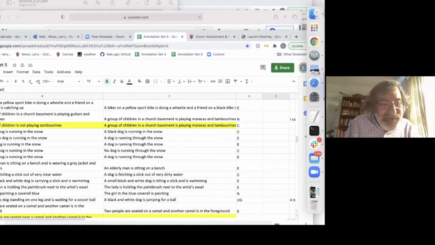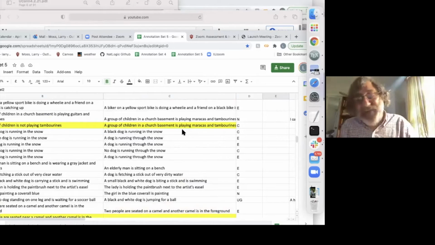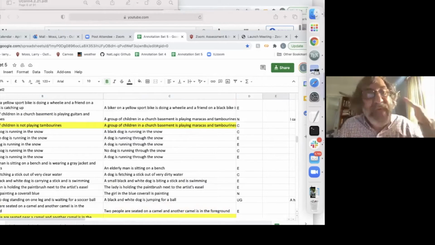So this one here, a group of children is not playing tambourines. A group of children in a church basement is playing maracas and tambourines. So you think about it, okay, so I thought it was a contradiction, but I actually felt that maybe it's worth discussing. So this is the kind of thing that I would like to do,